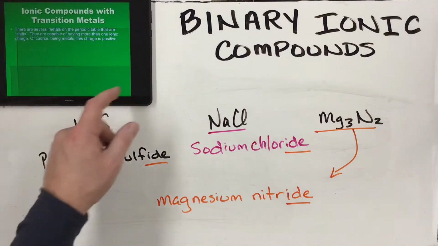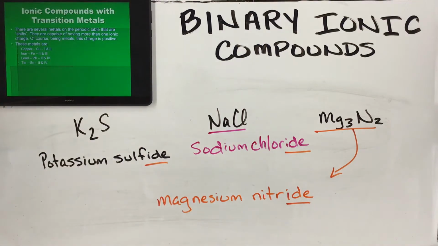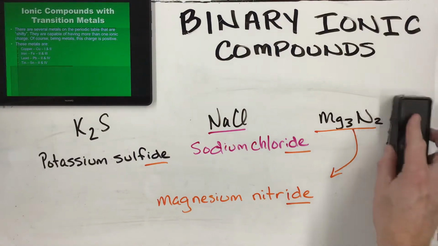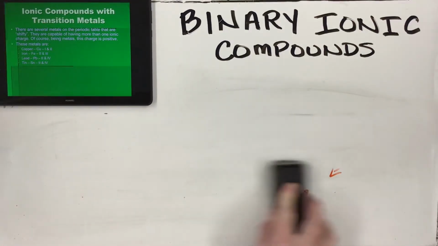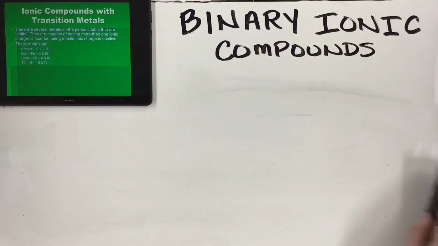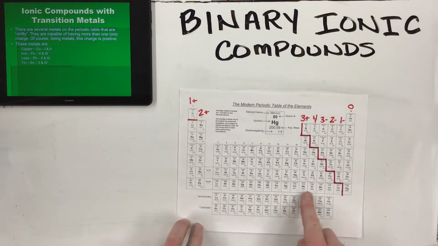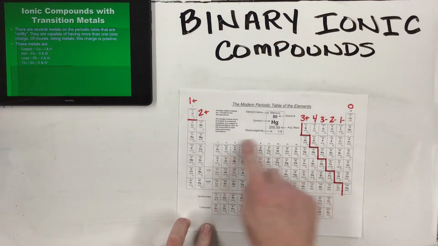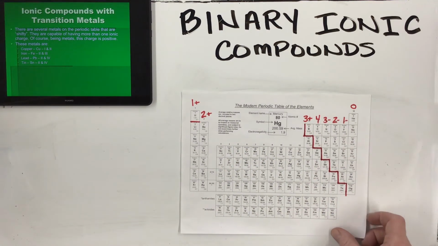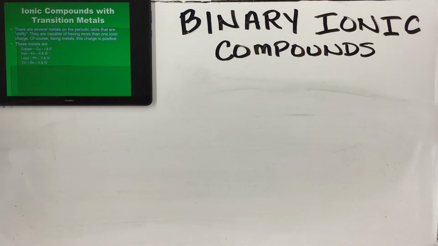Now, there are some things called transition metals. All right, transition metals are the D block, right? Remember we talked about S block, P block, D block, F block, right? On our periodic table, this is the D block, all this middle area in here, right? Remember doing SPDF orbitals. Now, a lot of the metals in there have more than one charge. And what their technical name is